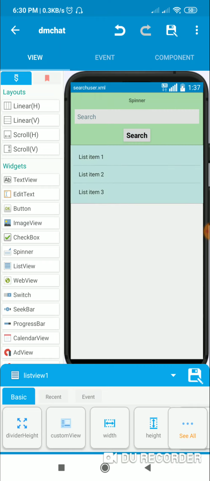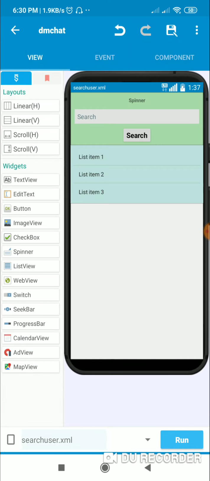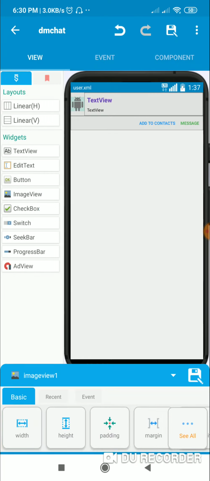Then there is list view one, for which there is a custom view called user, and this custom view user contains image view one for displaying profile pic, text view username for displaying username, and text view email for displaying email. And it contains add_contact and a button message, and these I will show in a later video. Here I will show only the username, email and profile pic.